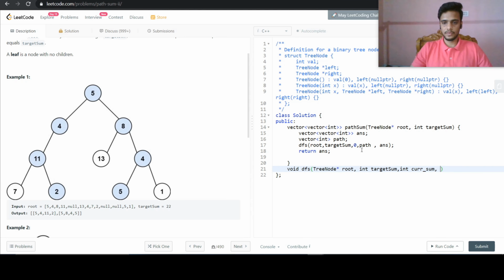Then we have two vectors to hold our paths. The first is for path and the second is for answer. So we will define those as well. Now we will take these two by reference, answer.